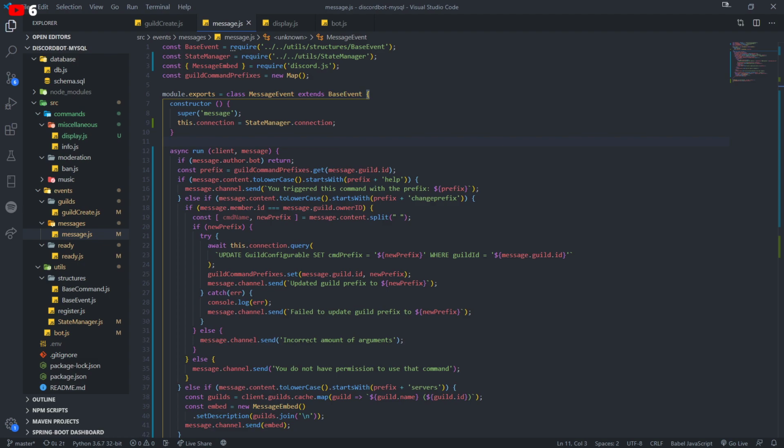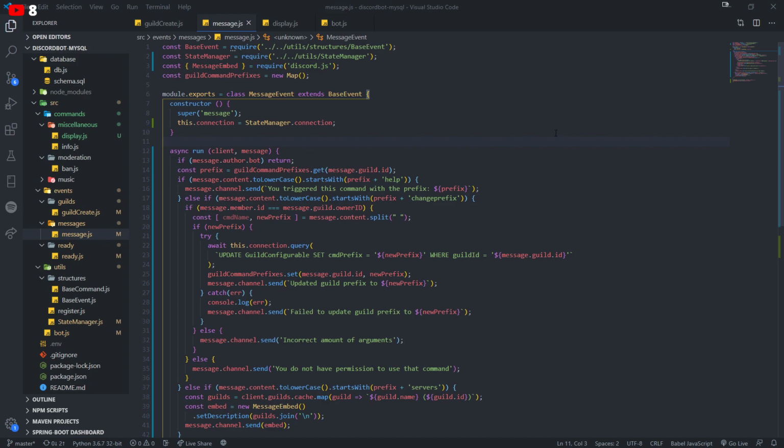But once we get into, I would say, episode 15, 16, 17, then all of the fun stuff is going to happen. That's when we're going to have the economy system, the XP system, the warning system, a whole lot of things. And it's going to be working on multiple different guilds, because we're going to be saving all of the guild configurations in their own table. Okay? We're going to have a whole bunch of stuff. So if you've ever wondered how bots like Ataja or Dino or Mee6 set up their configurations, they all save their data in the database.